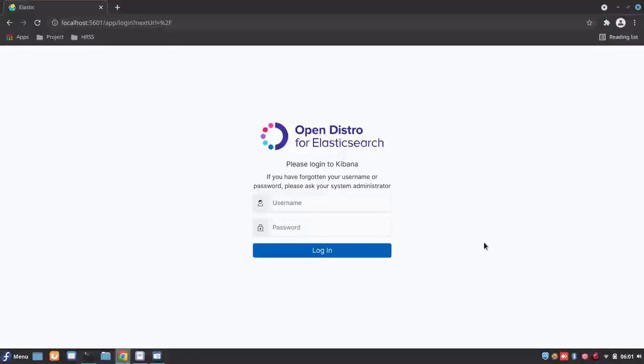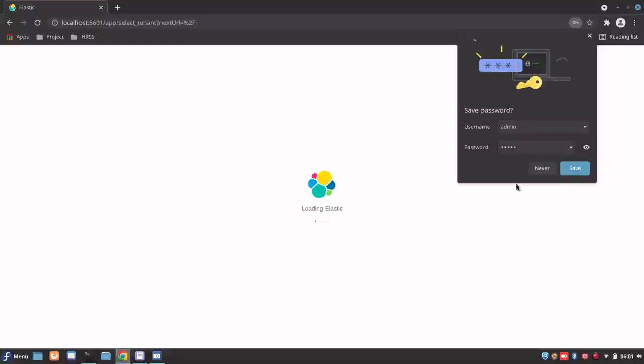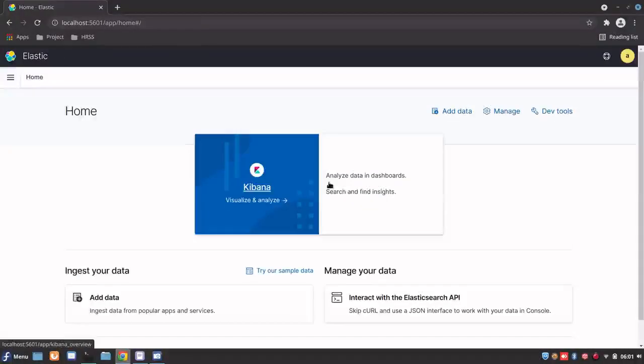So this is the default login page for Kibana. I'll log in with admin. There you go. You will be able to access the Kibana service with the default credentials. That is the security setup.